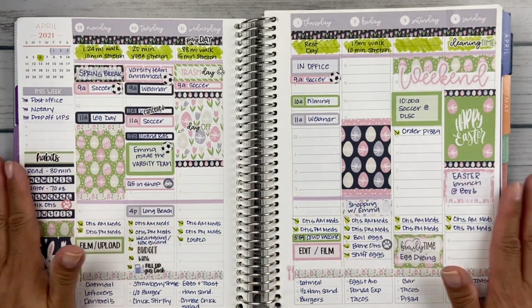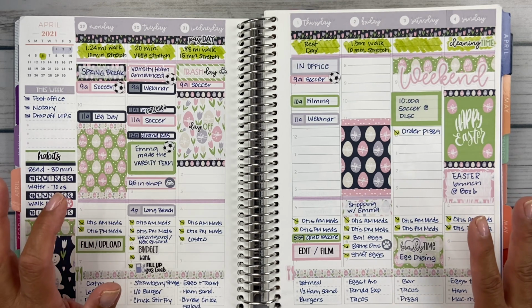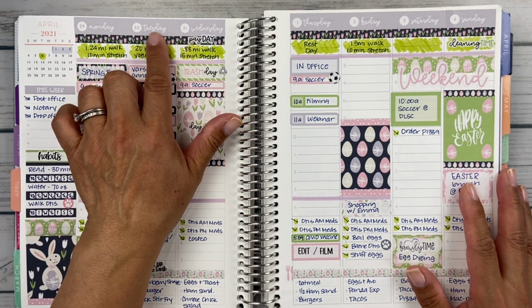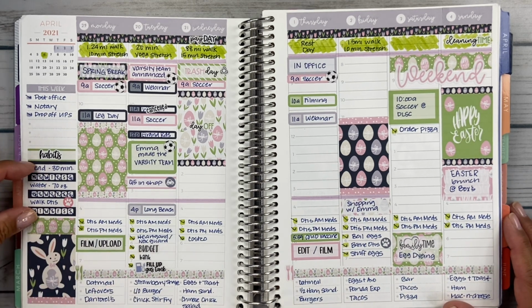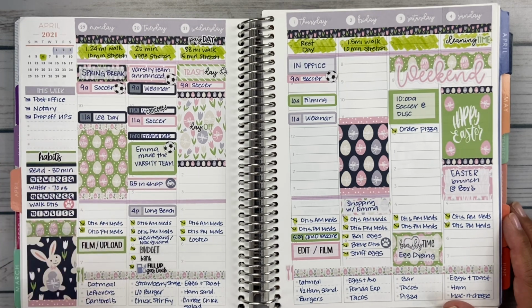And then the first week, this is a Fern Creek Stickers kit. It's number 72, Happy Easter. I just thought this kit was adorable for the week of Easter. I loved this sort of steel lavender. It's a lavender, but kind of grayish. I thought it was really pretty. I liked using the decorative full boxes in here. I love that she includes a habit tracker, so I didn't have to draw my own in, and the cute